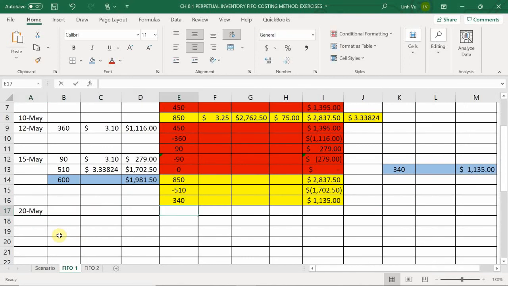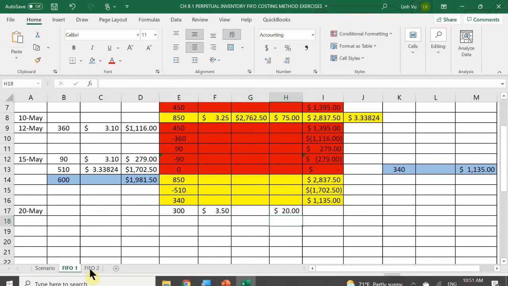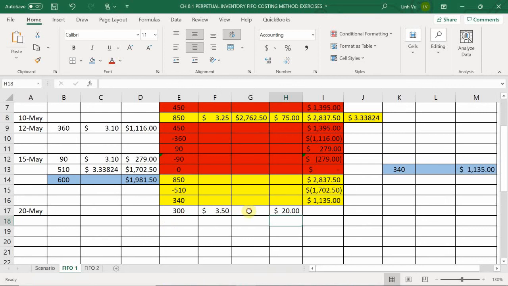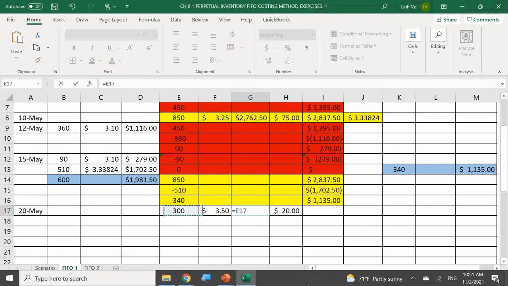We purchased 300 units at $3.50 with a freight of $20. So what is my total purchase price? $1,050 plus $20, $1,070. Okay, which brings my cost per item to be